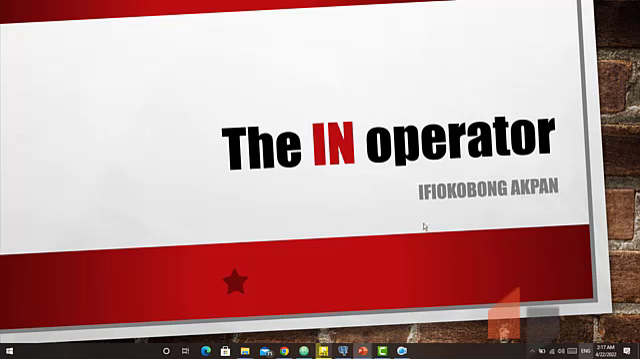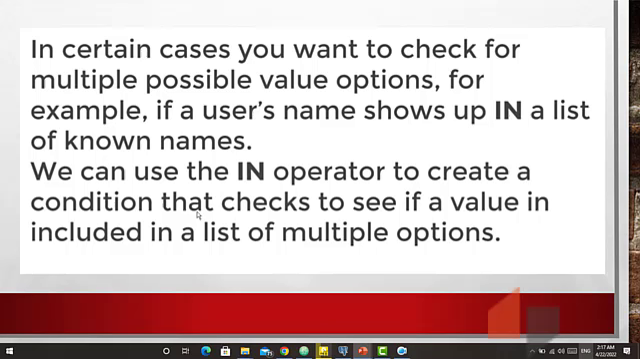All right. When you are working with PostgreSQL or SQL, you'll be coming across the IN operator. In certain cases, you may want to check for multiple possible value options. For example, if a user's name shows up in a list of known names, we can use the IN operator to create a condition that checks to see if a value is included in a list of